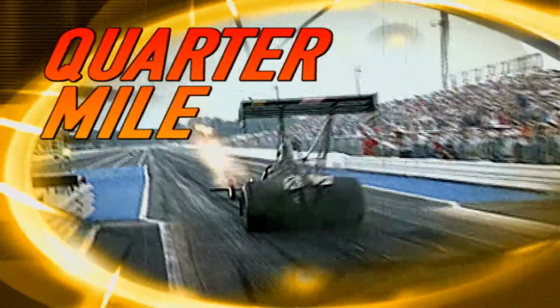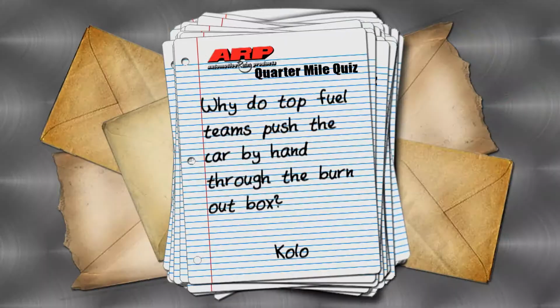This week's ARP quarter-mile quiz question comes from Colo in Maine. Colo would like to know, why do some top fuel teams push the car by hand through the burnout box? Well, Colo, when you see all the crew members pushing the cars, like top fuel or funny cars through the burnout, what we're doing is we're trying to push the cars slow through the water,